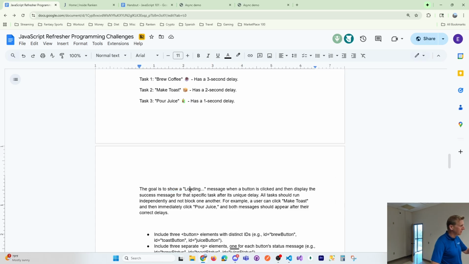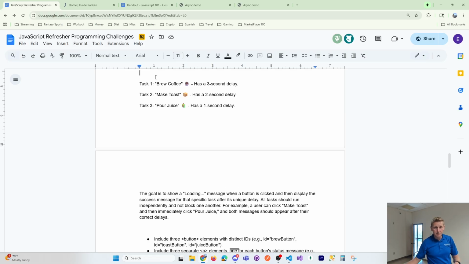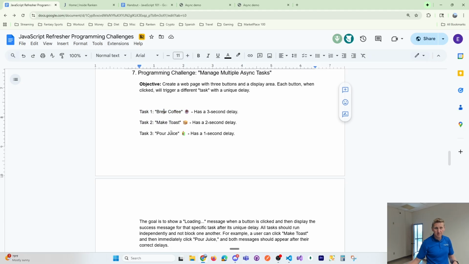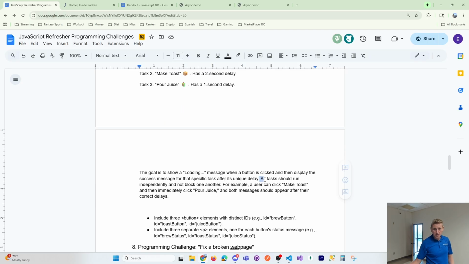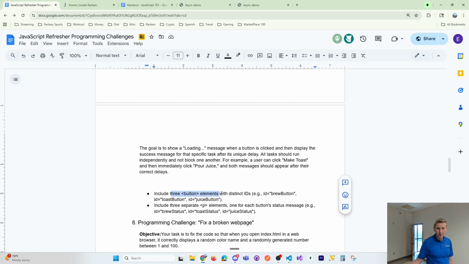So you're going to click a button, it's going to say loading, and then when the task is complete, you'll see the message for whichever button you clicked. All tasks should run independently and not block one another. For example, a user can click make toast and immediately click pour juice, and both messages should appear after the correct delays. You're going to have 3 buttons with unique IDs, and 3 paragraph tags for the status. And the status will either say loading or